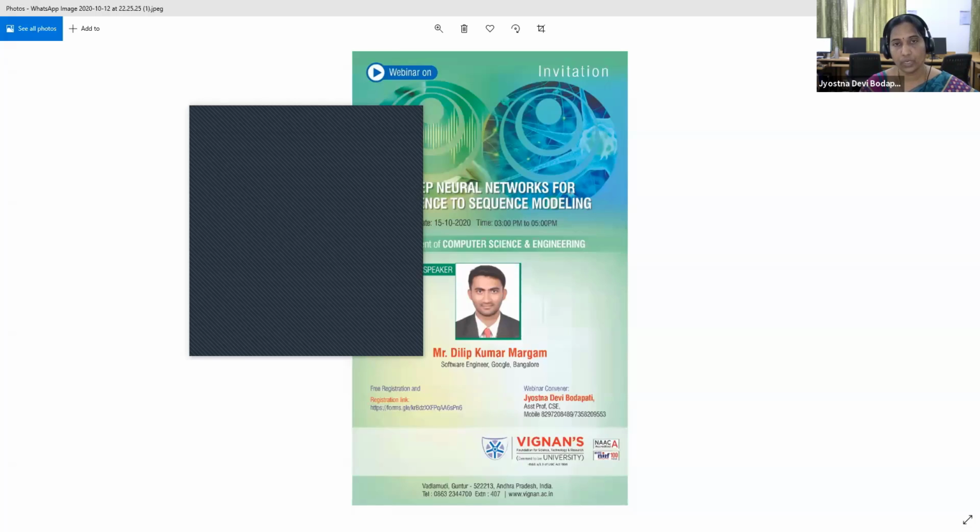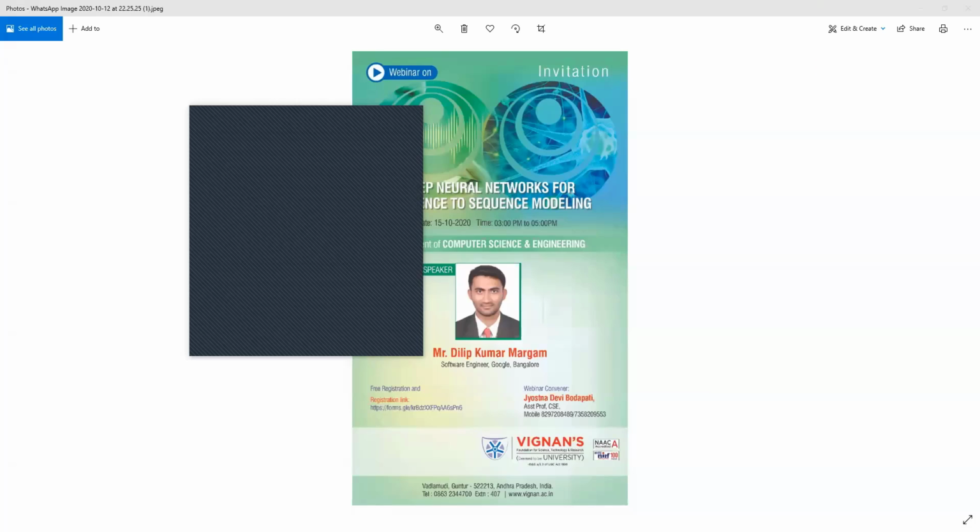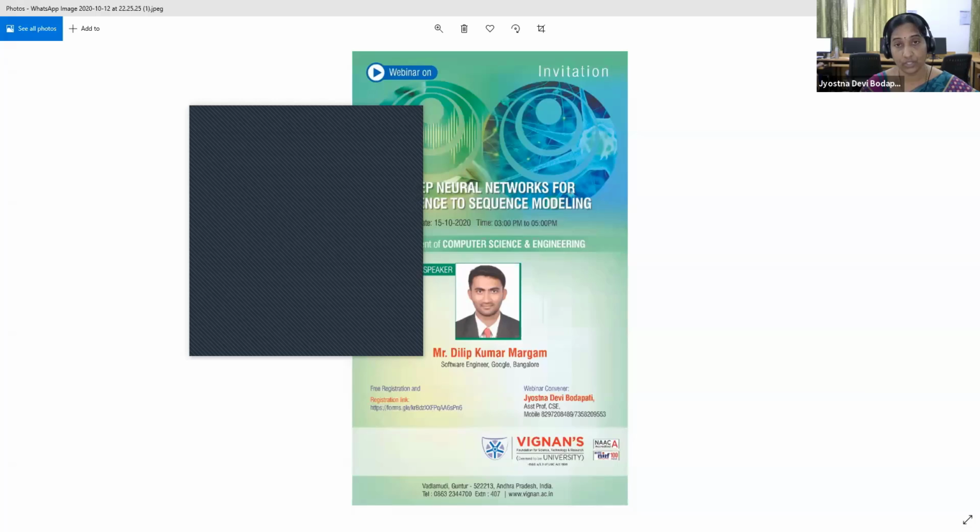If you observe, Google uses sequence-to-sequence models for machine translation. Recently, Facebook also announced its usage of sequence-to-sequence learning in solving differential equations. So this talk mainly focuses on various state-of-the-art deep neural networks such as recurrent neural networks, LSTMs, and GRUs for modeling sequence-to-sequence data. So now I request Dr. D. Venkateslu, Professor and Head of the Department of CSE, VFSTR, to speak a few words on this occasion.